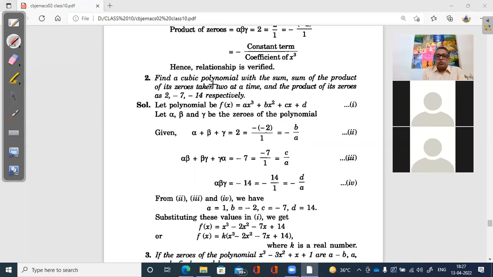Now we go to question number 2. Find a cubic polynomial. जैसे find a quadratic polynomial था, वैसे ही find a cubic polynomial के लिए formula है. You can note down this formula to find a cubic polynomial. To find a cubic polynomial, the formula is x cube minus